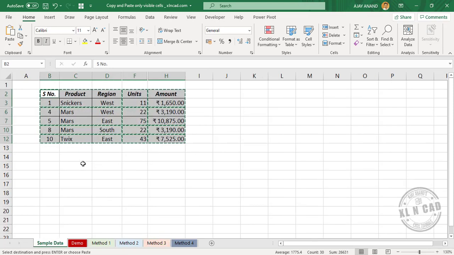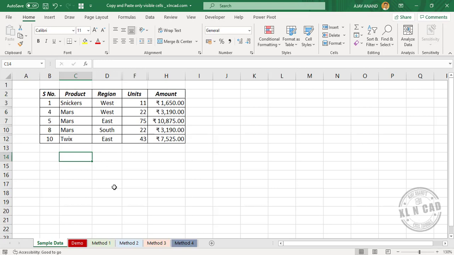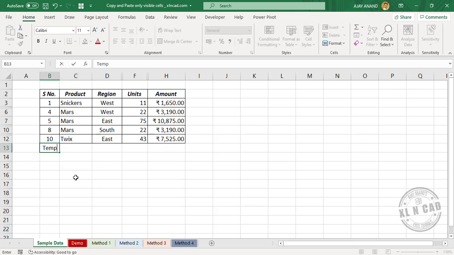In the fourth method, we will make use of the filter tool in Excel, because when we copy data from a filtered dataset, only the visible cells will get copied. So to apply filter for this data, type in a value into the row adjacent to the last row. Now select the data,